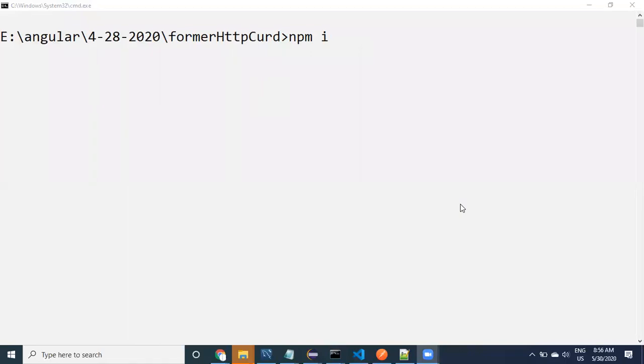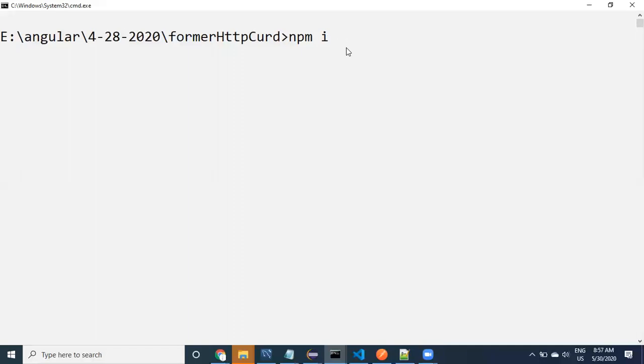After downloading the HTTP package, we need to import the HTTP client module. Why? Because the package will not be available by default. You need to install the package.